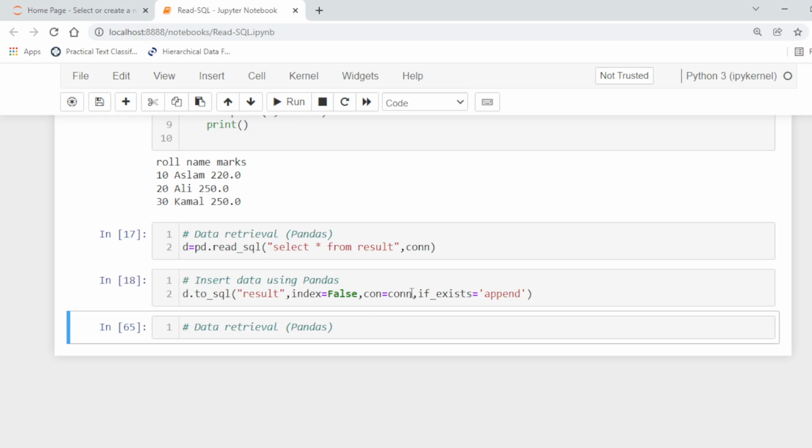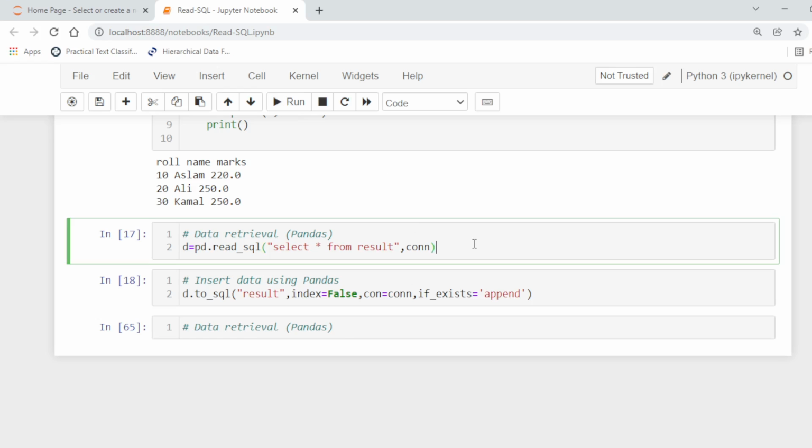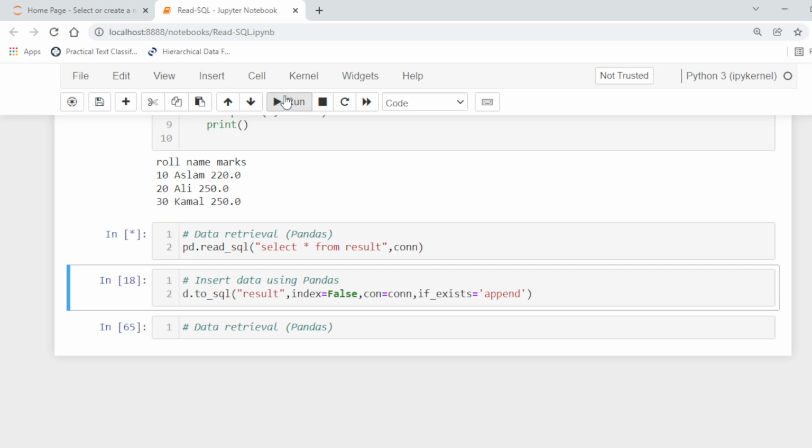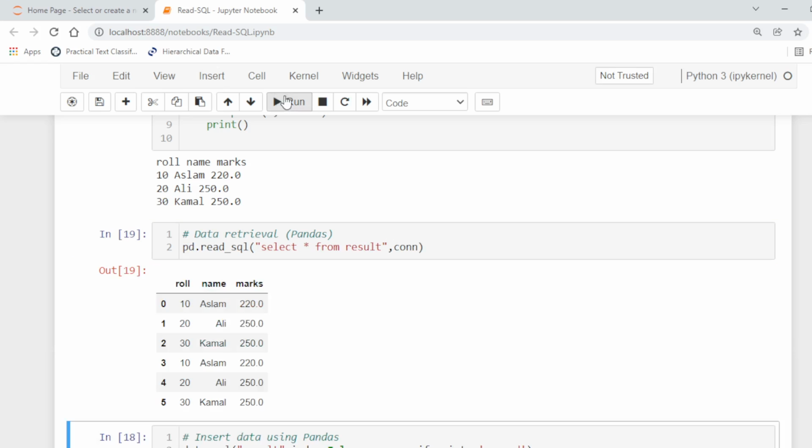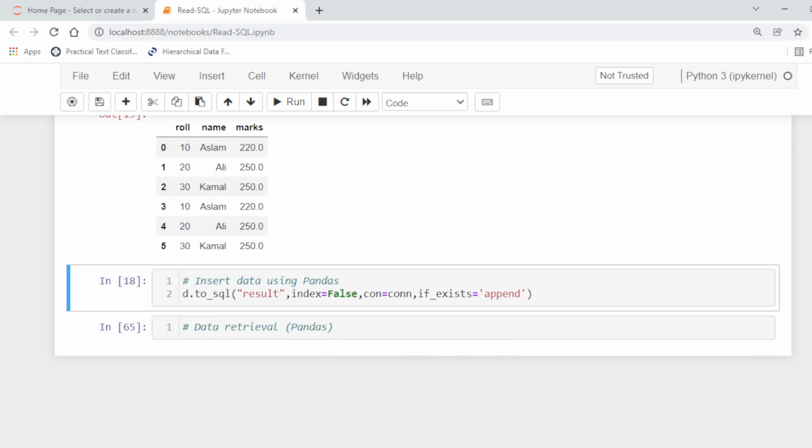Now if we want to retrieve the above data, it will show more rows. So the same data was appended to the table. So in this way we can insert new data and so on by using ToSQL. ToSQL writes records in a data frame to a SQL database.